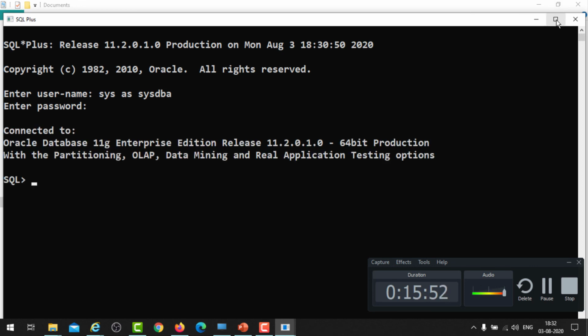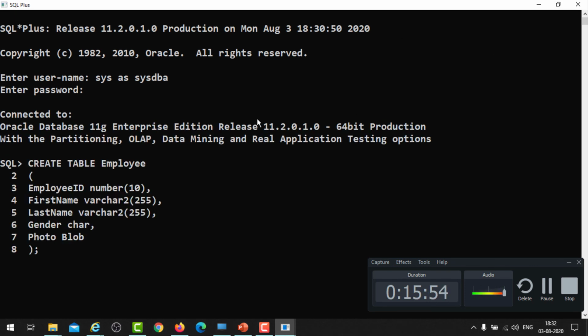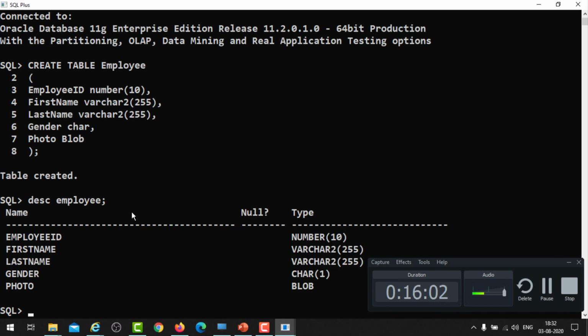See, my database is connected. Again I will show you for you guys. The table is created. You can see the description of employee. See, I did not mention the size, but CHAR is automatically taken as 1. See, we are allowed to enter BLOB data up to 4 GB. This is the way we have to declare.